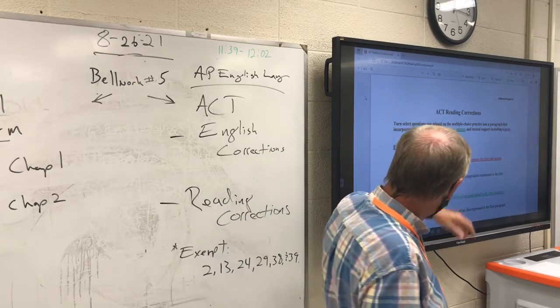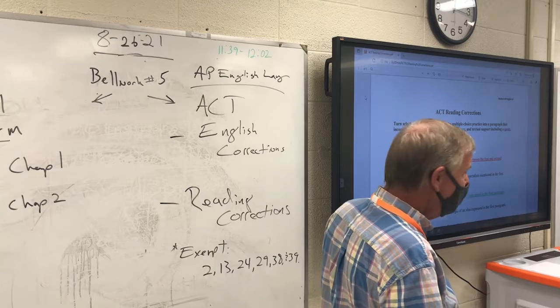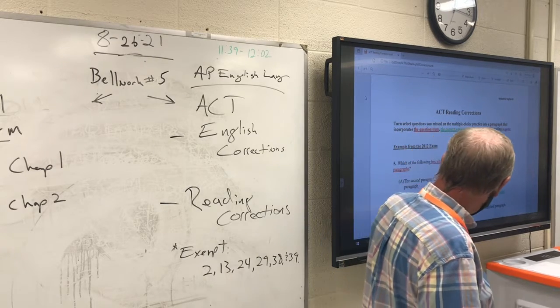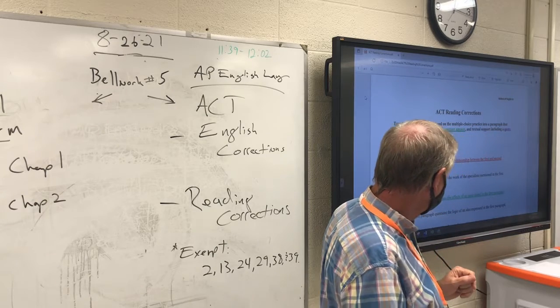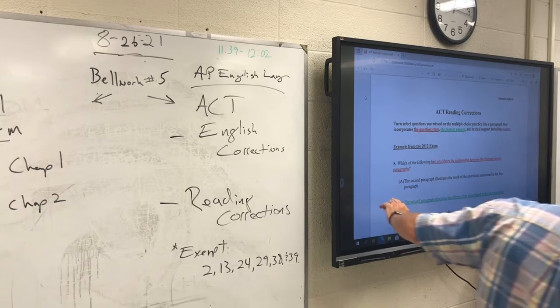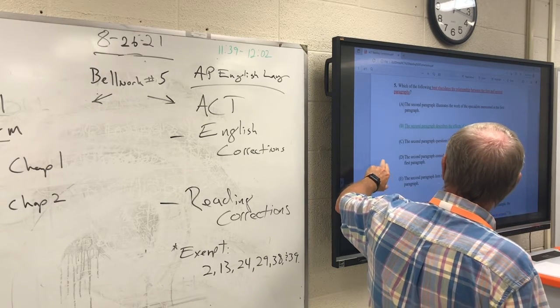Number 5 said, which of the following best elucidates the relationship between the first and second paragraphs? The correct answer was B. The second paragraph describes the effects of an issue raised in the first paragraph. Now let me scroll this down. Like I said, I want to freeze the thing up. Oh, there it goes. So what you're going to do is